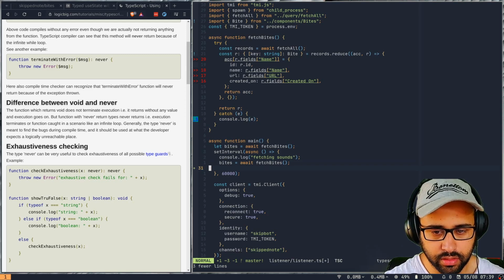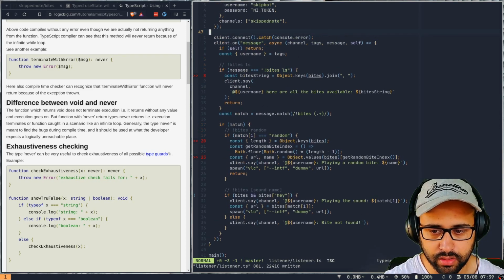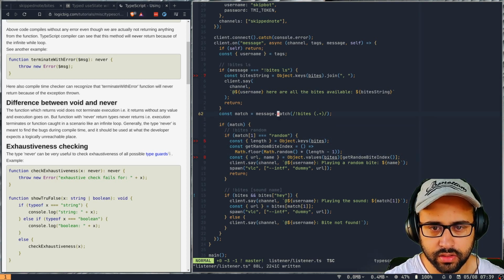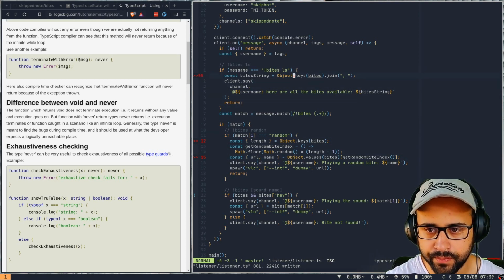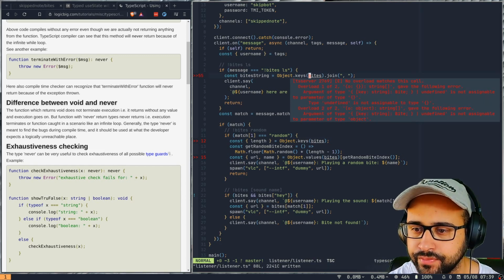So reverting this back to its original state, moving down here. Why are we not? Yeah, we are seeing some issues here. Undefined is not assignable to type this.